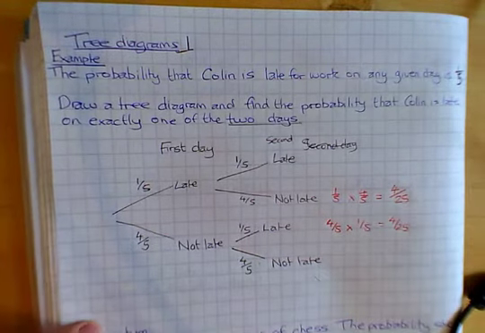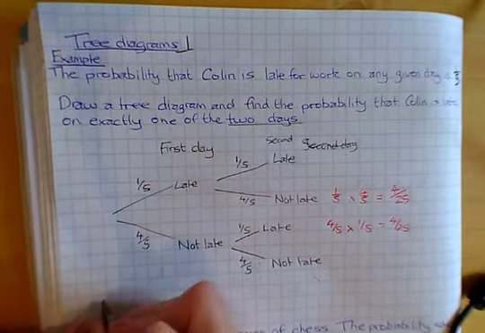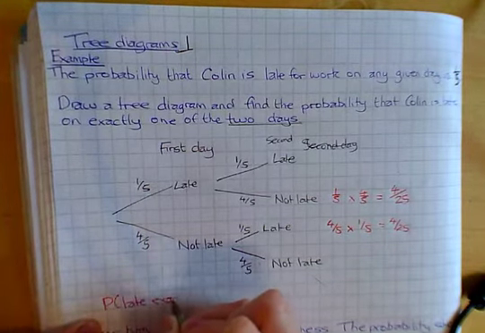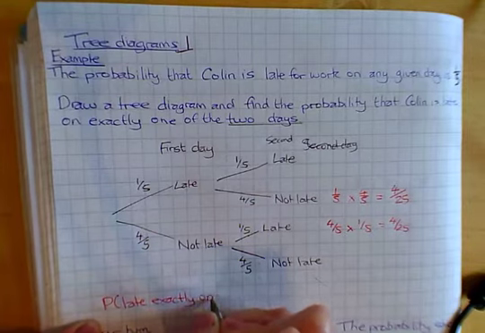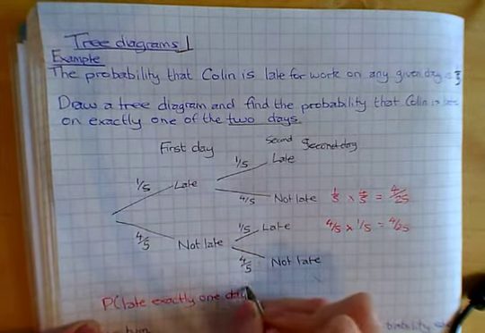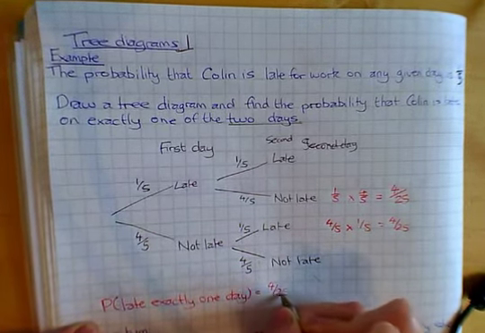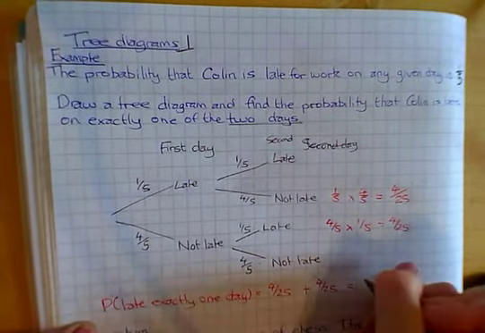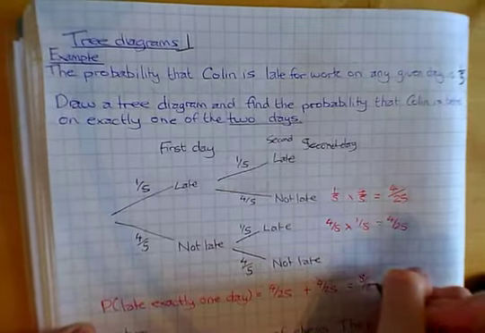So the probability, I'll just do this underneath, that he is late on exactly one day is equal to 4/25 plus 4/25, which would give me an answer of